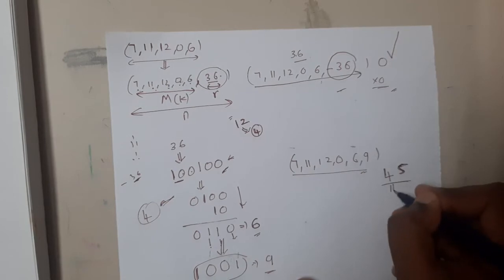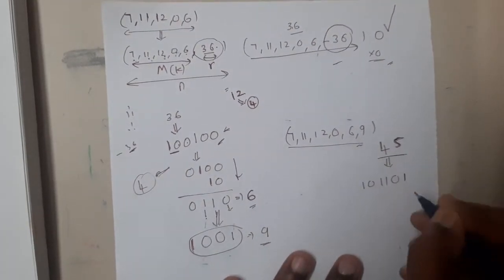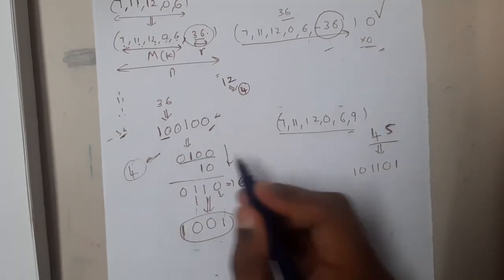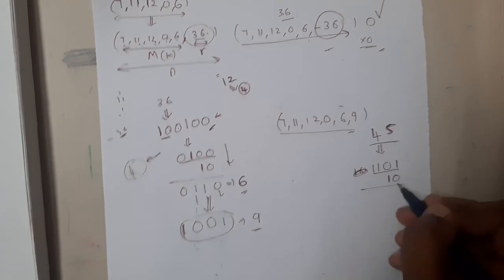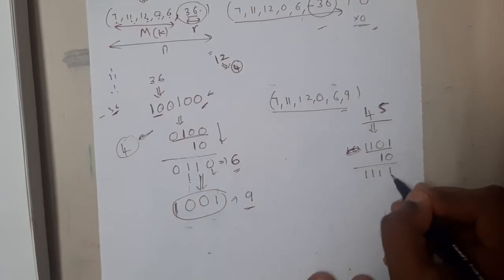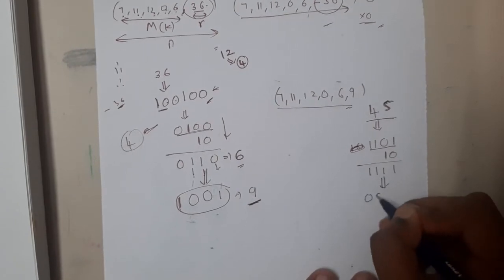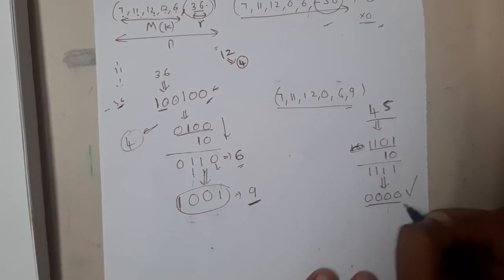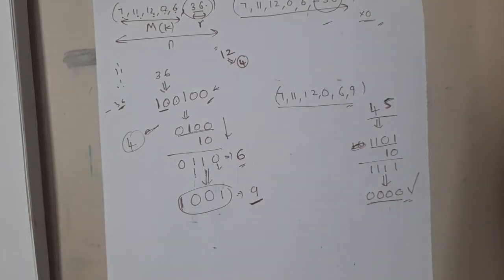So what is the binary representation of 45? So it is 1 0 1 1 0 1. Okay, so if you recall, we are converting it into 4 bits maximum, right? So the first 4 bits will be here, and this 1 0 I will write here. Okay, so the final result is nothing but all ones. So if you recall, we did ones complement, right? So let us do ones complement here also. So the final result is all zeros, means indirectly we got the correct value. So this is the exact concept of checksum, guys.